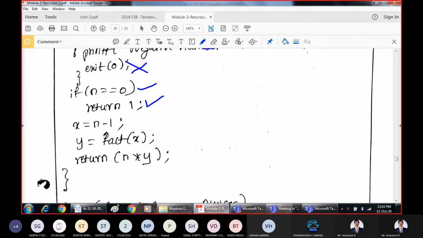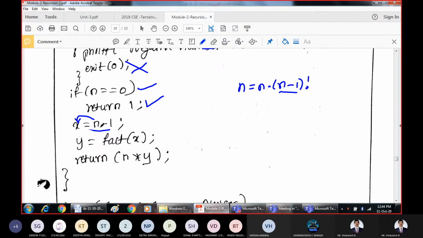Else, what do we do? We will repeat the procedure something like this. Factorial n is given by n into n minus 1 factorial. This is what we know, but we should write the code for this. To process this, we will take that n minus 1 and assign it to some other variable called x, so that I can pass that as the parameter for the next recursive call of the function.